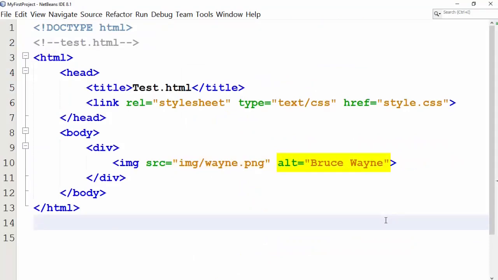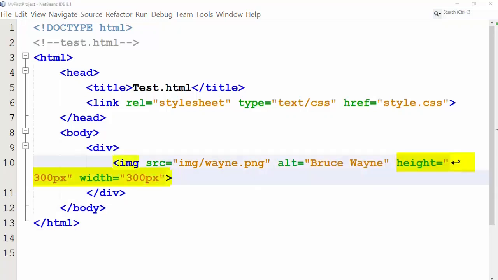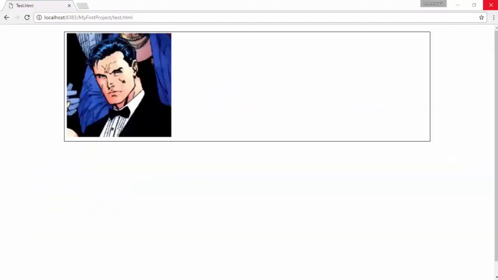The alt attribute that we see means alternative text. In case for some reason browser is not able to load the image, the alternative text will be shown in place of image. I will also add width and height attribute so that we can learn how we can use it. Let us see how this image would look like. Note that div styling is still applicable.